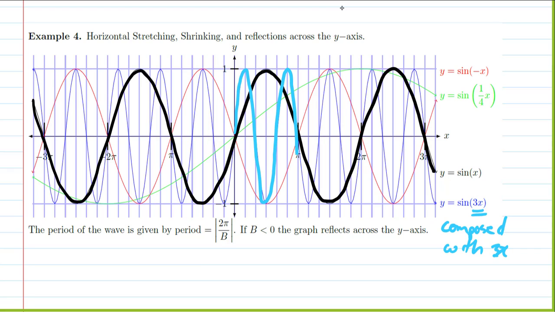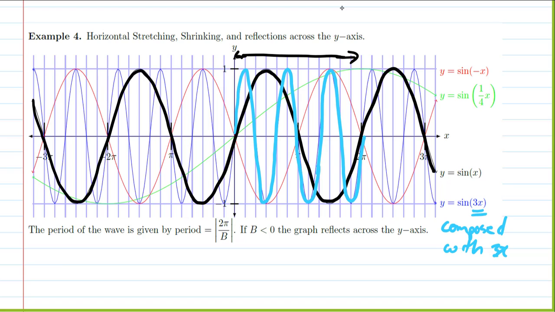Well, in the time it takes for my black wave to cover one period, so one period for my black wave is from 0 to 2 pi, from here to here,